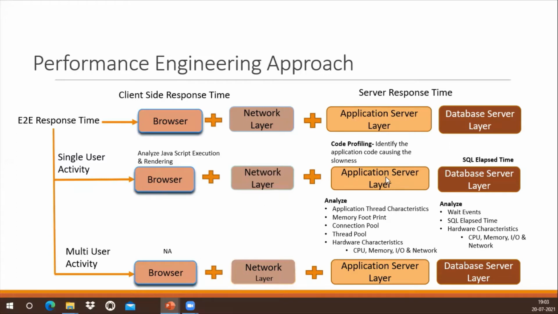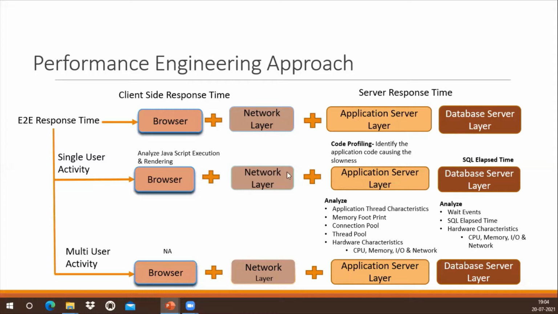Network we will discuss later. Again, if you identify more response time in the application server layer, then we can do code profiling. Basically, code profiling shows how many methods got executed in the background for the execution of a business transaction. Okay, so it gives us how many times each method is executed and what the processing time for each method execution is. Here it helps us identify the piece of code which is causing the bottleneck.